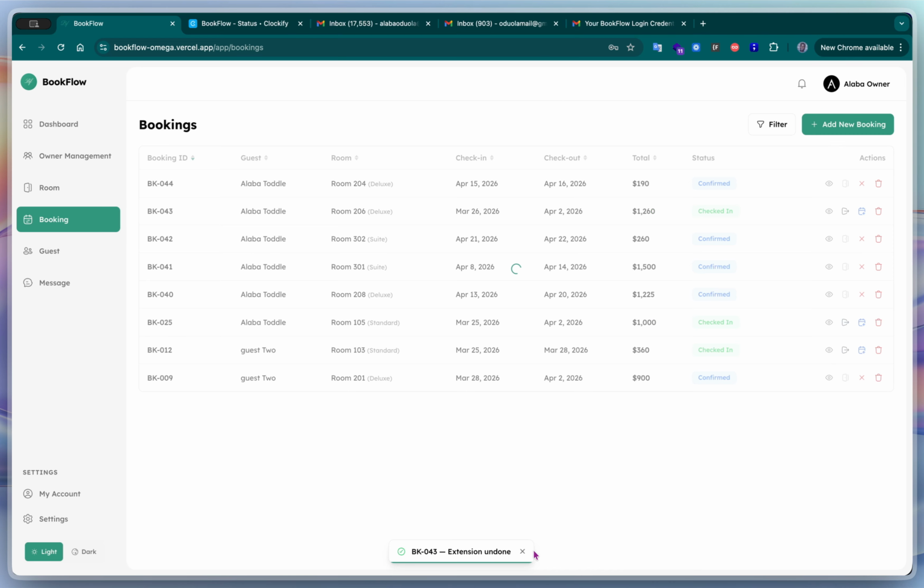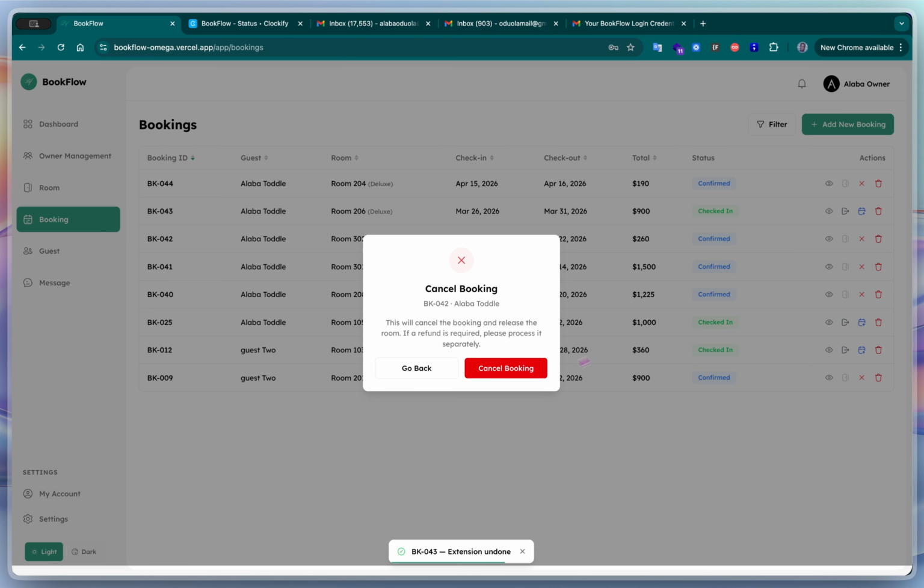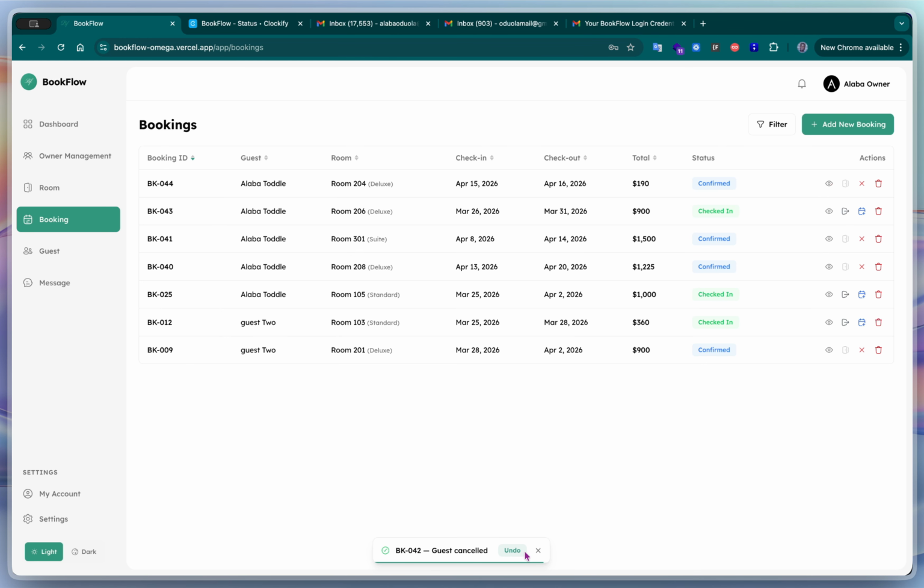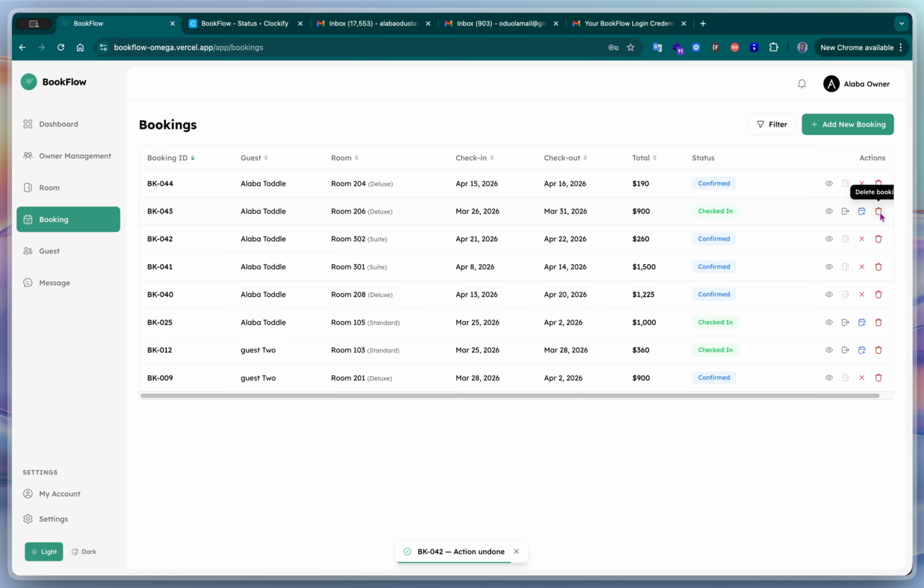As you can see, the change is immediate. I can also undo that, in case it happens by mistake. So the third one is the cancel button. I don't think we have an undo button for that, but let me check. Oh, we have. So I'm going to undo that one too. Very cool. Lastly, we can delete the booking,